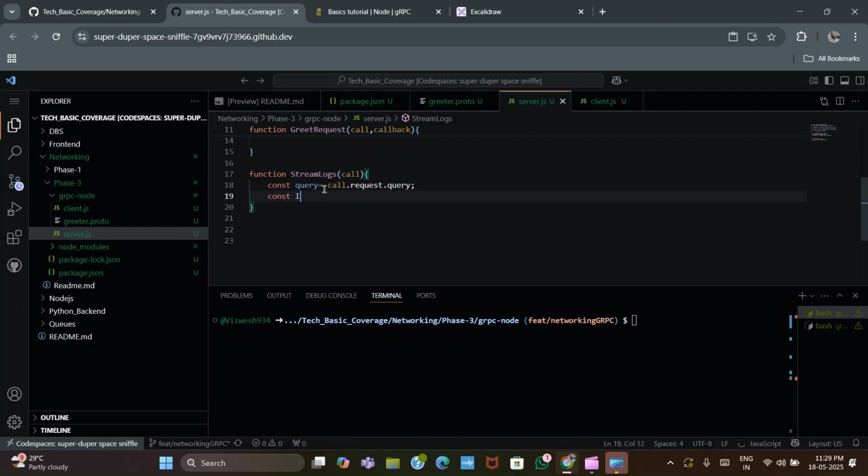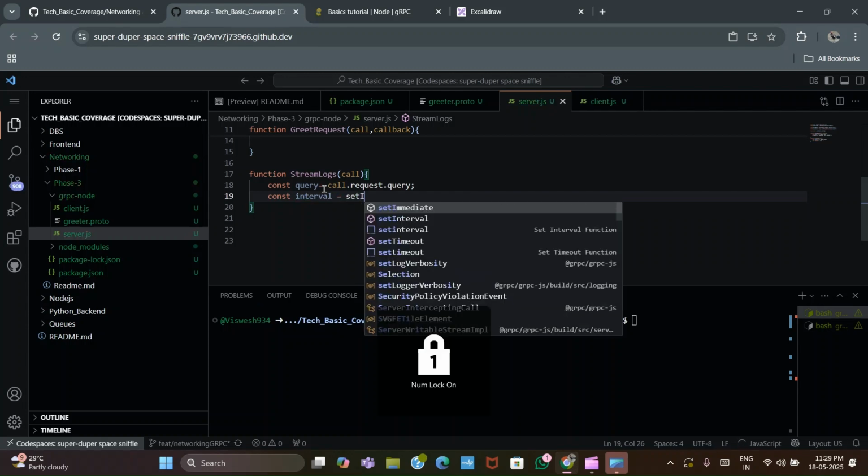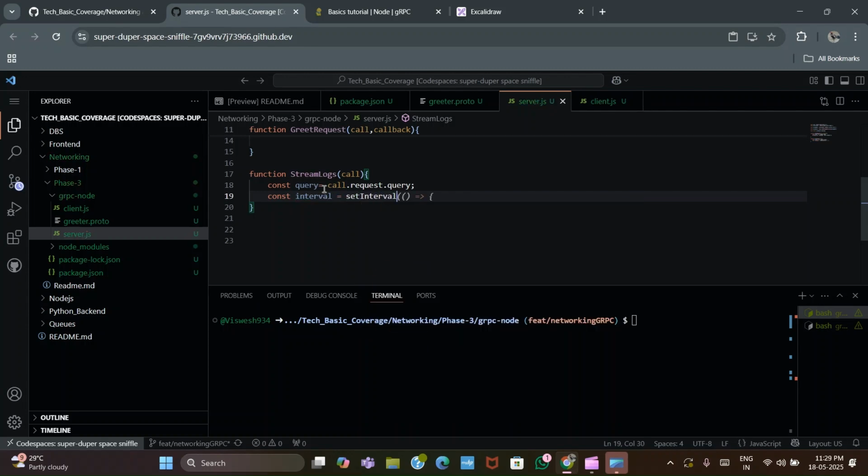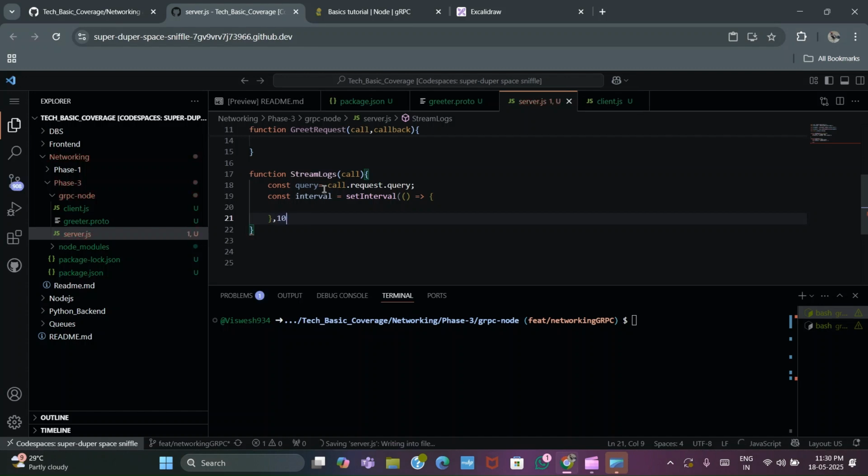And let us set a little interval. Let's call it interval, and let's write some classic JavaScript interval and define it. Add 1000,